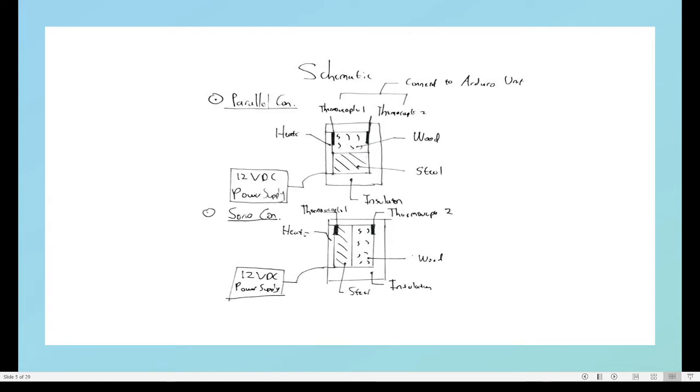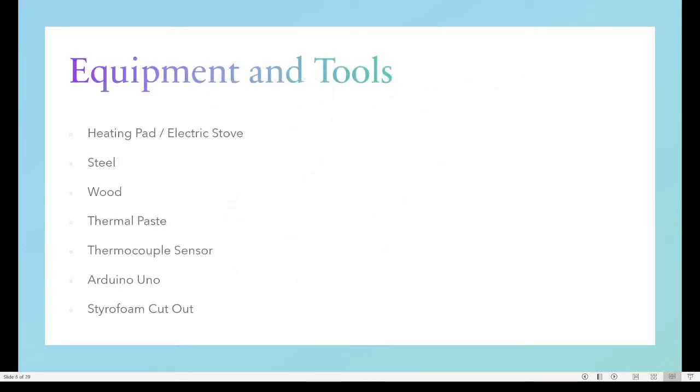The equipment and tools needed are heating pads, used to heat an object and to make sure the heat transfer is one-dimensional. We also need to ensure that the surface temperature is uniform. The next one is